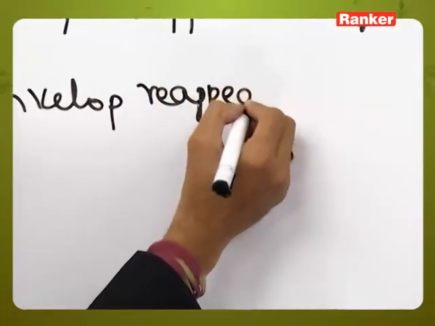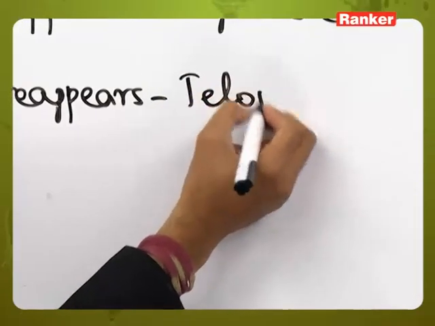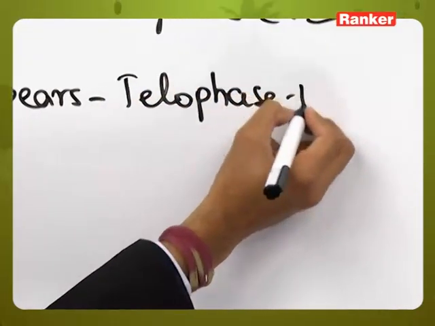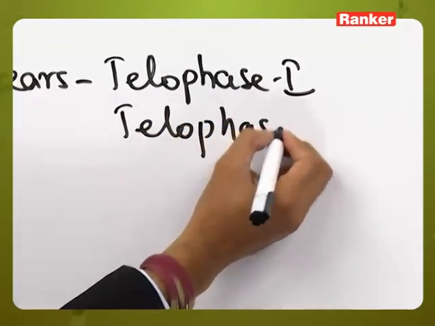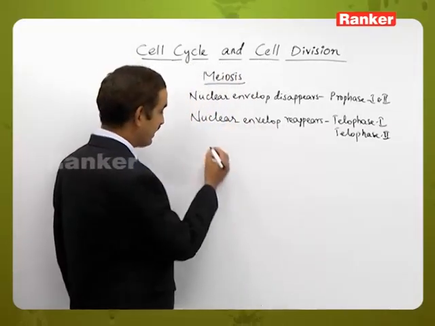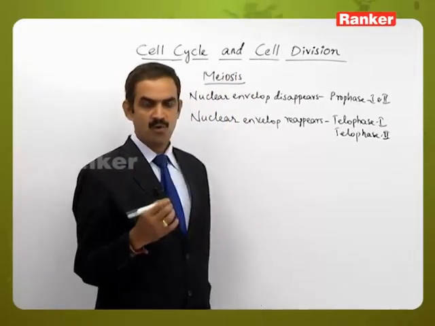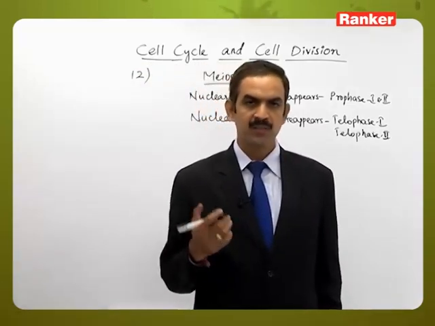Reappears at the end of karyokinesis, that is during telophase 1 once, and during telophase 2 second time. So twice the process will be taking place. And when a daughter cell is formed, so what happens is when a diploid parent cell divides,